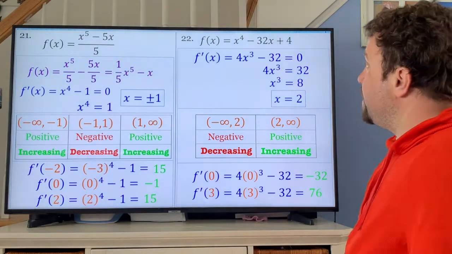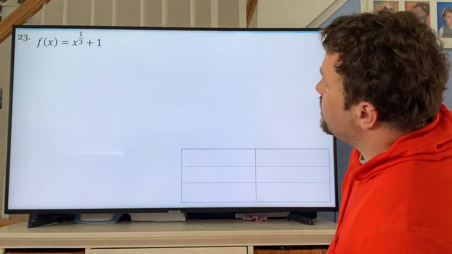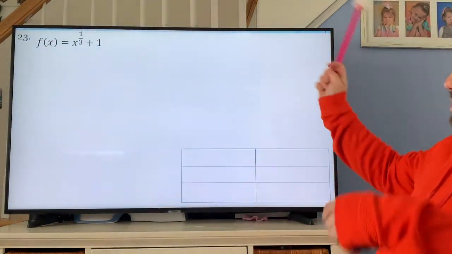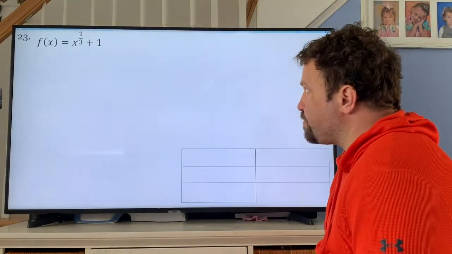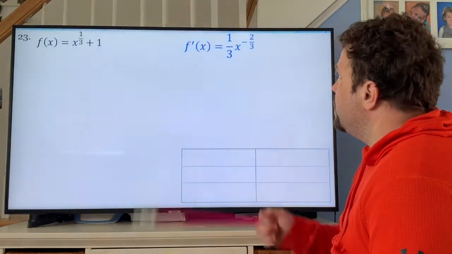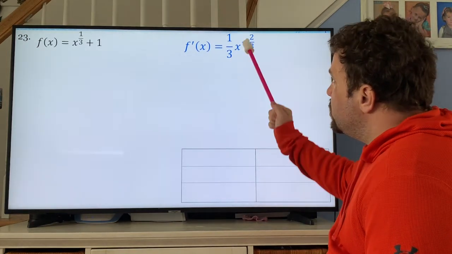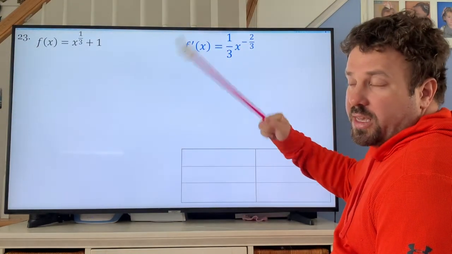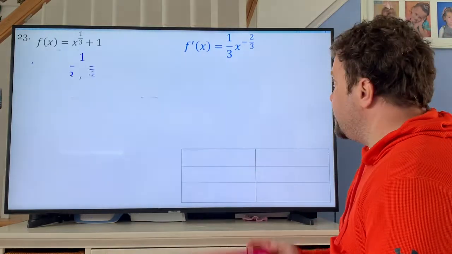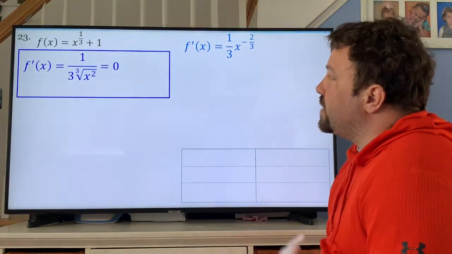All right, that's it. Let's look at problem number 23. This one's a little more difficult. Notice you get a whole big box to fill this in on. When you differentiate this, you get 1/3 x to the negative 2/3. You want to rewrite this because you're going to set it equal to 0 and equal to undefined to find your critical numbers. First off, when I set it equal to 0,